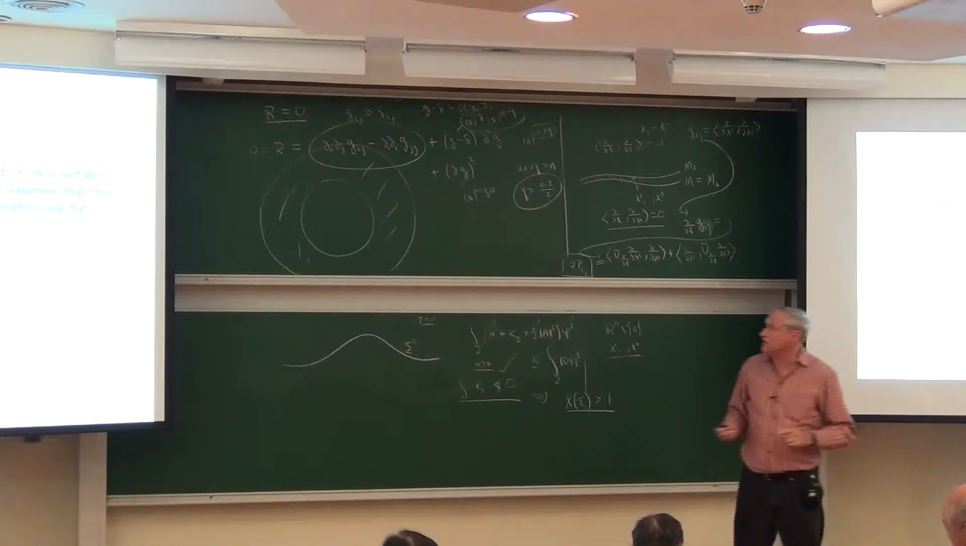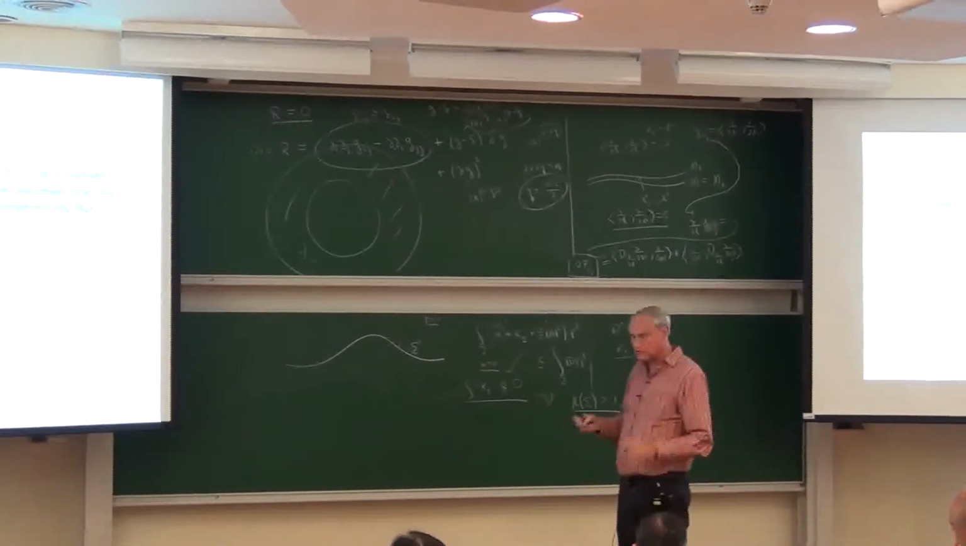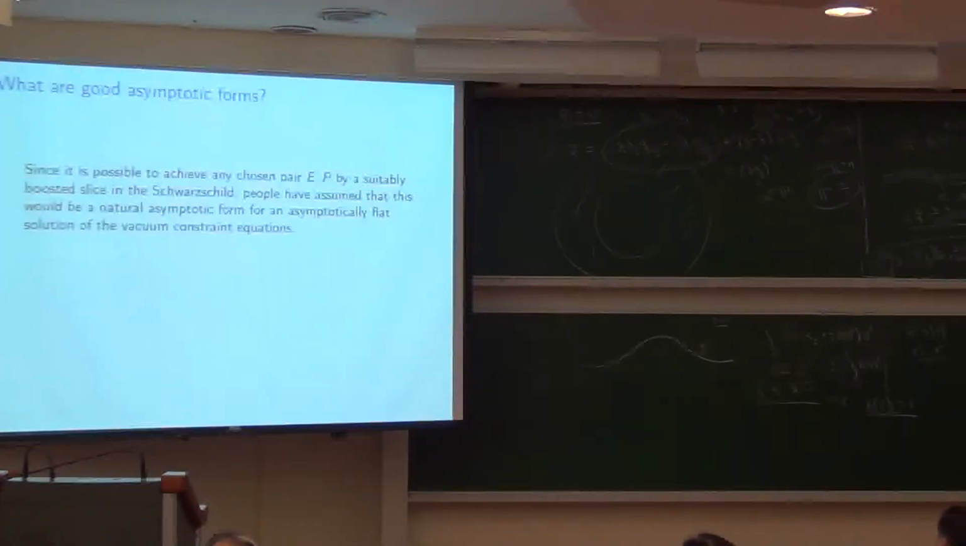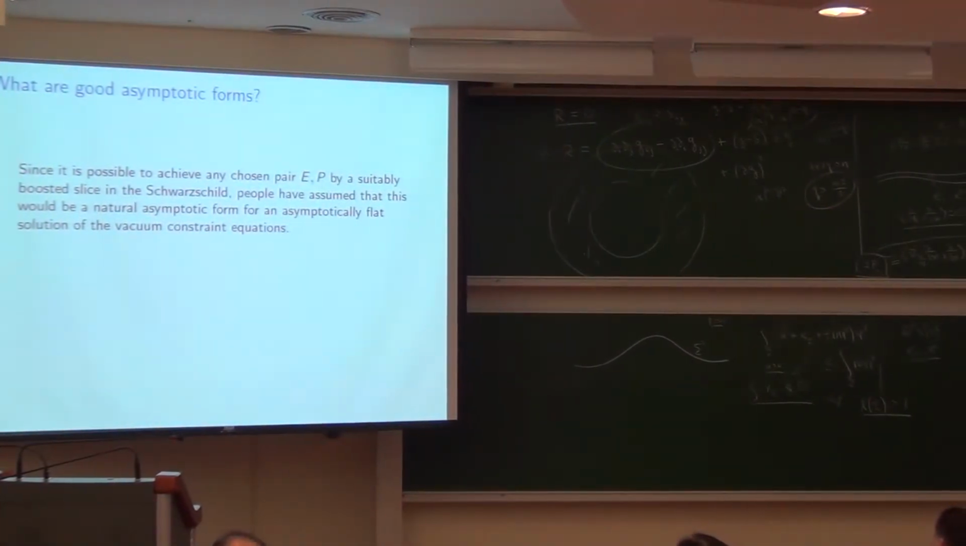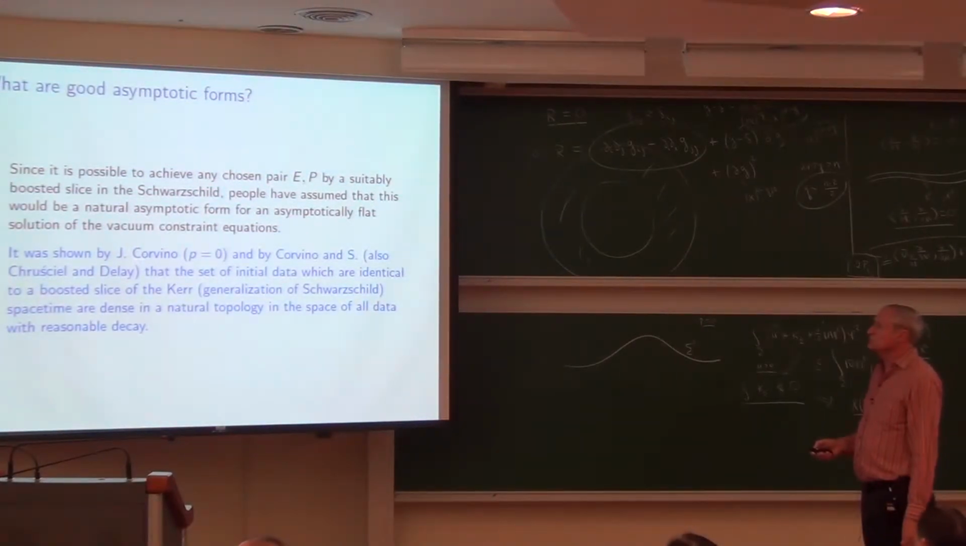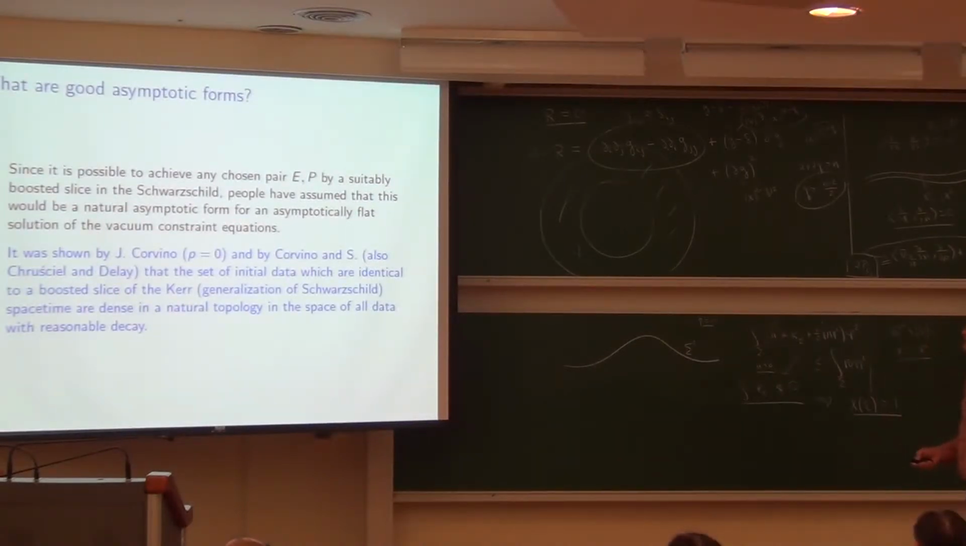You can achieve any energy momentum vector by a slice in the Schwarzschild spacetime. So people often assume that the asymptotic should be like that. In fact, that's really justified in a strong way by a construction due to Corvino and also Christodoulou and Delay, which has a description of it. So in fact, we showed that you can take any initial data set you like with just reasonable asymptotics, and you can keep it the same in a very big set, and you can make it exactly a slice in,